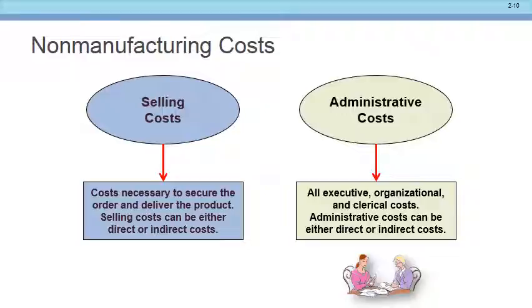Okay? So we got manufacturing costs. What are they, everybody? Our manufacturing cost? Labor, materials, overhead, right? And it can be both direct and indirect, can it? Okay, good. Then we have what? Non-manufacturing costs. Selling and administrative costs are our what? Are our non-manufacturing costs. Okay?